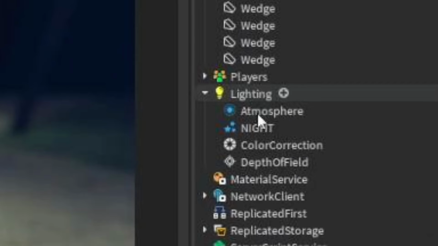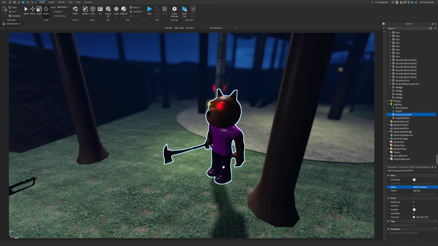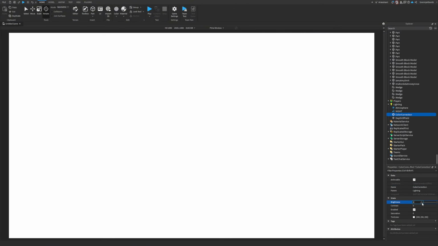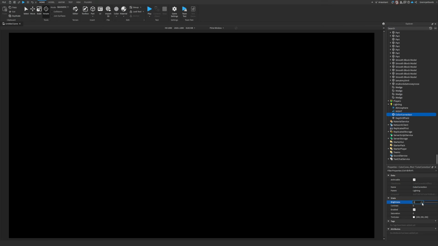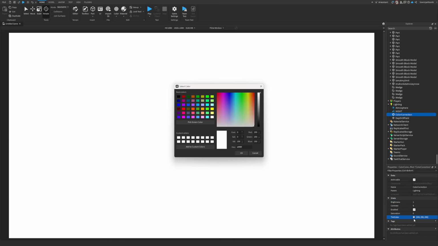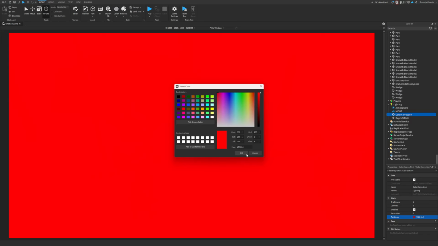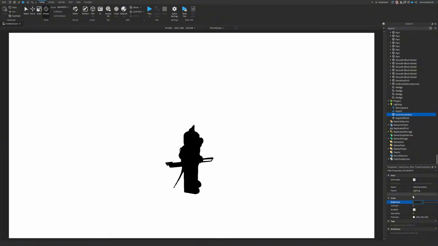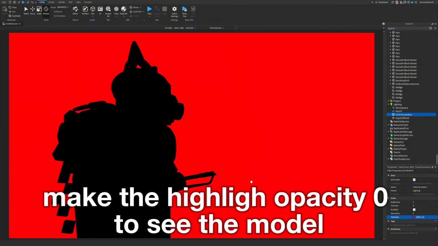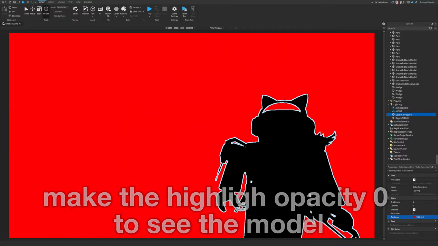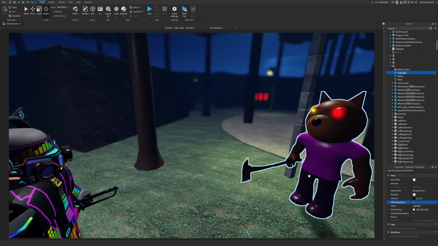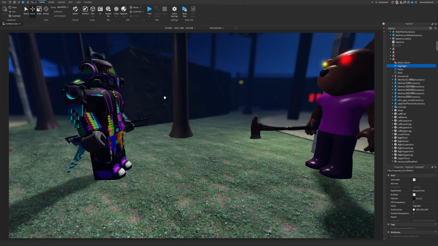Next, you want to go to lighting, press the plus button, and then add color correction. What is it called? I don't know what this does. 1 makes everything, a -1 does that, okay. And there's tint color, change the color, so we're gonna want it red. Yeah, okay. 1. Yes. Oh yeah, look at that. That is cool. Okay. So everything is ready. So now we just animate.